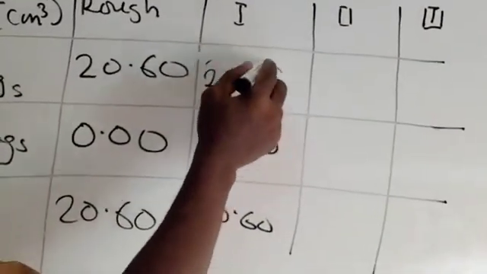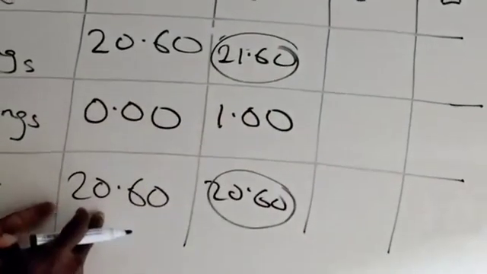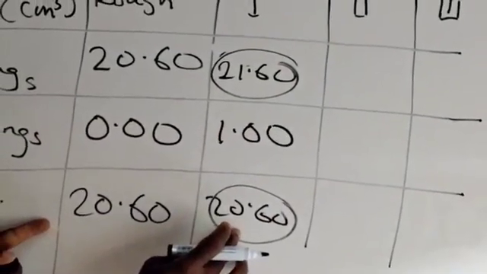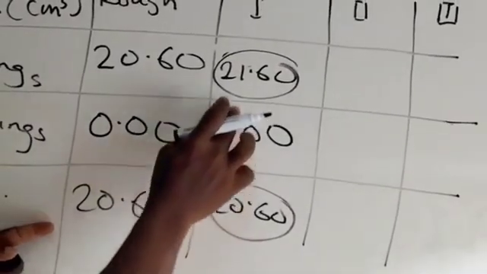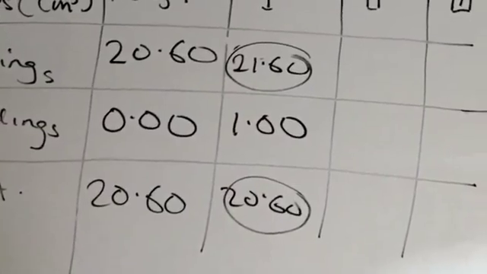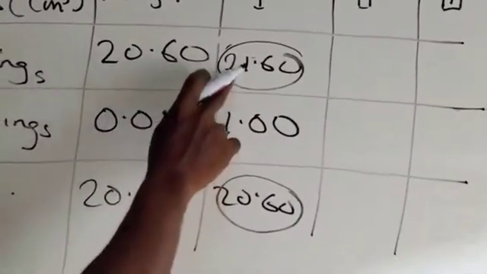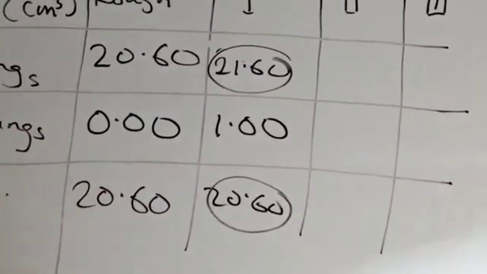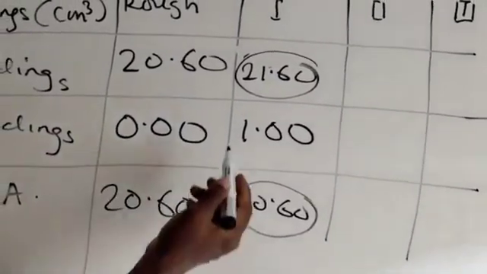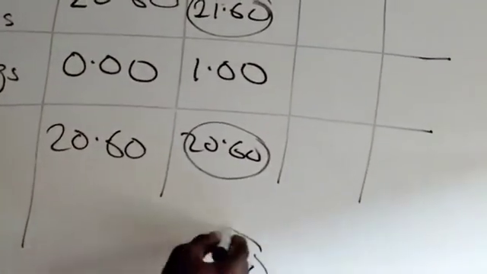If we put 20.6 here, the final reading is going to be 21.60. But I didn't say these values are correct, let's just assume this is correct. We put 20.6 here, the final is going to be 20.6 plus 1, that gives us 21.6. And then you have to estimate. That means you're going to run the titration to 21.6, but you don't have to reach 21.6. The next whole number before 21.6 is 21. So you're going to run the titration until the final reading is